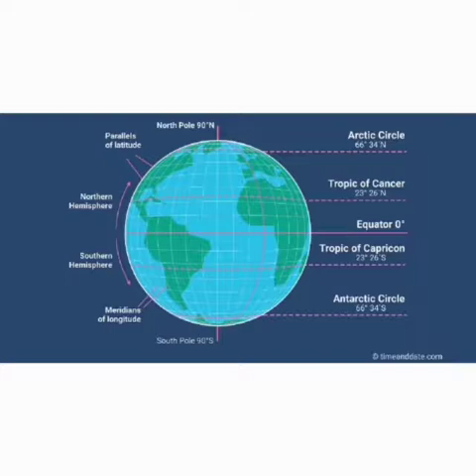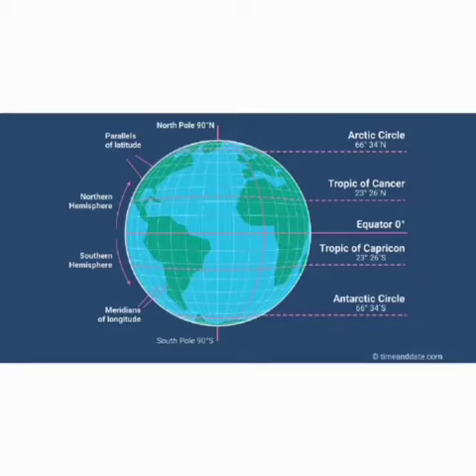The imaginary lines on each hemisphere drawn parallel to the equator are called parallels of latitudes. Since the earth is round, these lines are circular and run in the east-west direction. These lines are measured from the equator, which is 0 degree latitude. The lines are marked from 0 degree to 90 degree followed by north or south. The north or south tells us whether the line is in the northern hemisphere or in the southern hemisphere.